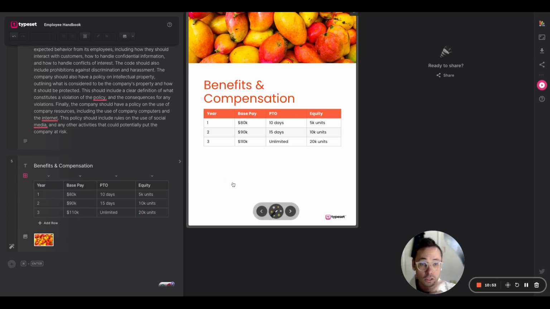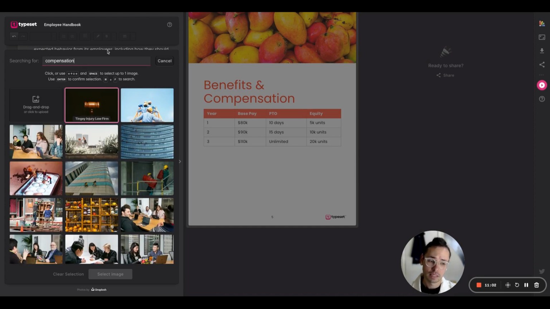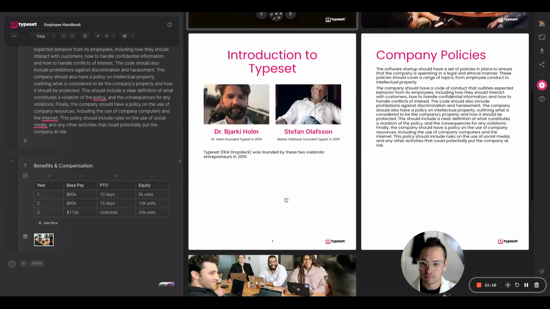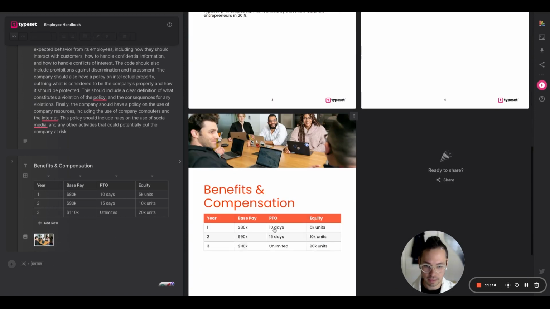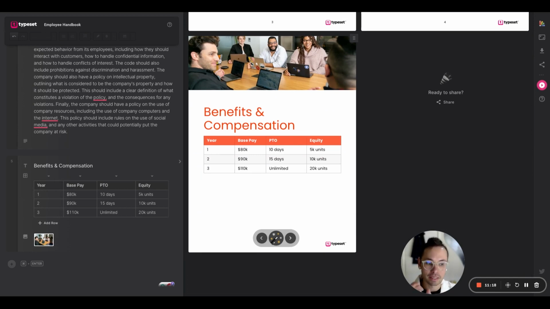Okay, so looking at my slide, it looks pretty good. I need to replace this picture. So let me search for compensation. Could be a little odd, but no, this one looks pretty good. This looks nice right there. So let me go ahead and put that one in. Now, this slide does not look quite right though, because it still has the same colors